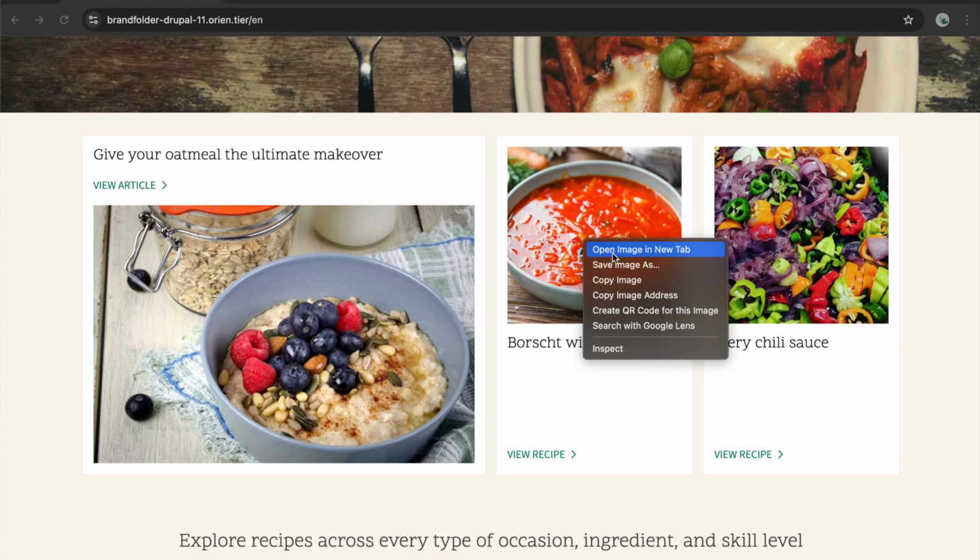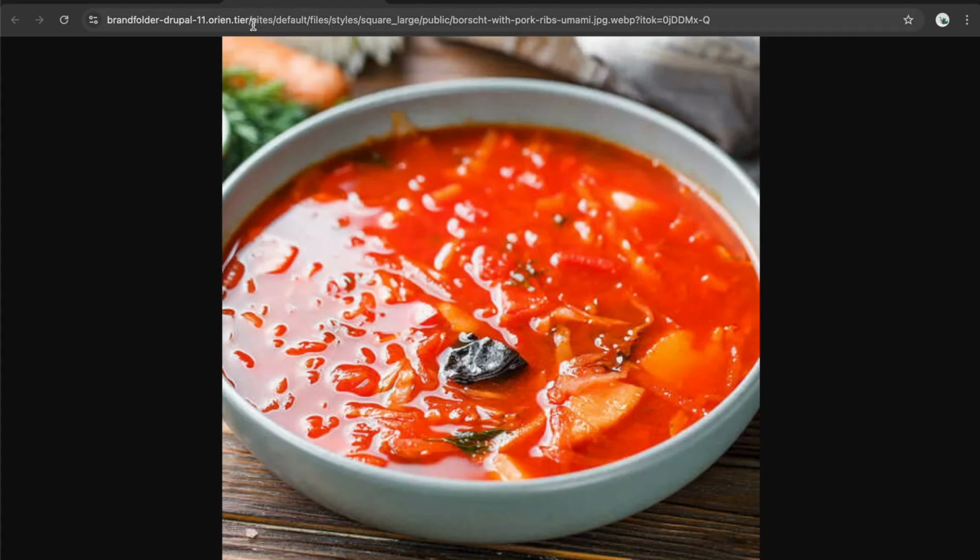If you were to look at one of these images, you would see it's sitting here locally on the server, site's default files path. We're using a particular image style. We've got that token. This is a JPEG file. It's been converted to a WebP. Again, that process is all happening locally on the server, and actual files are being transformed and saved in that